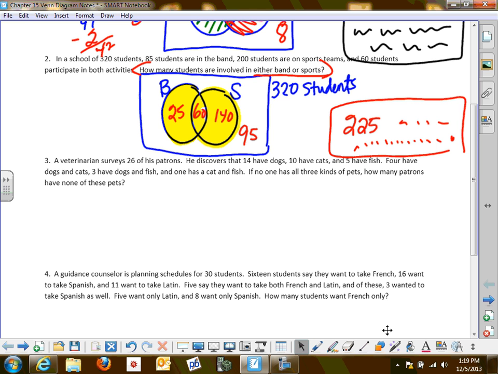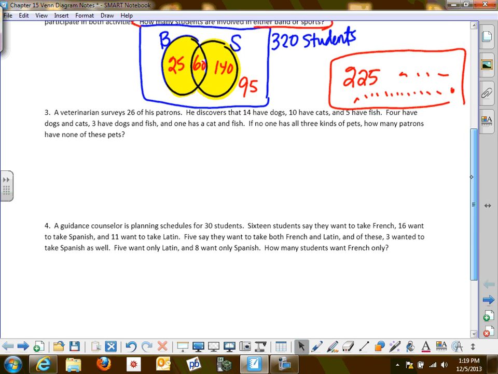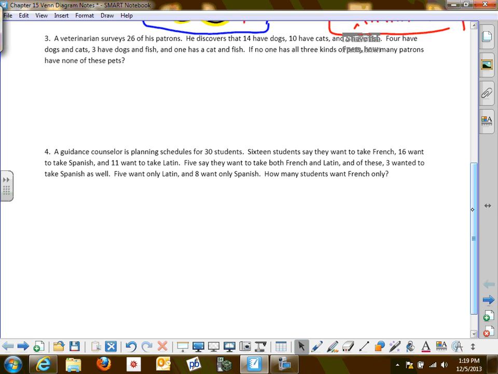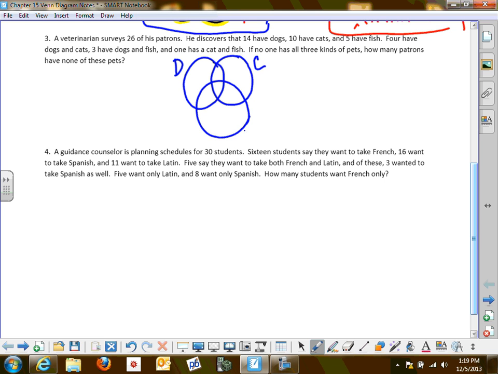All right, good. Number 3, we start having 3 events. We've got dogs, cats, and fish. So, here we go. Dogs, cats, fish. Everything else. Total of 26 people. Okay. So he sees that 14 have dogs, so the whole dog circle is 14, the whole cat circle 10,